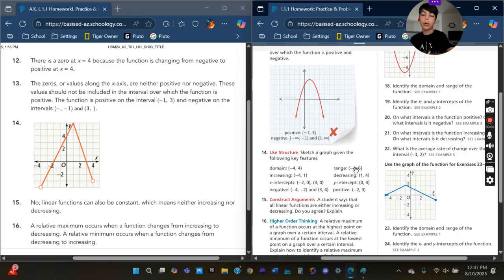The range is negative 4 to 6, so it includes 6. So you put a point at 6. The domain for negative 4 has to be at negative 4, negative 4. And then,